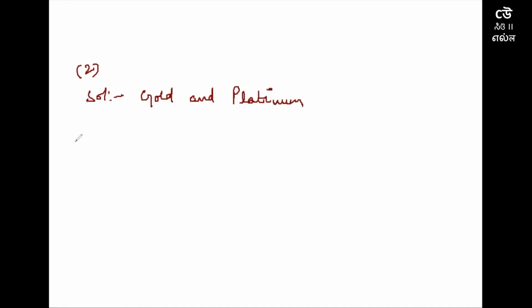Now we have our third question, and the question says, what are alloys? We will answer this question by saying that alloys are a homogeneous mixture of a metal with another metal or a metal with a non-metal. So this is what is called an alloy. And with this, we have covered all the questions which were on page number 55.